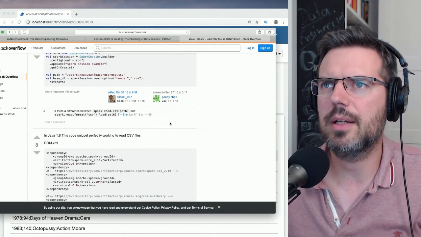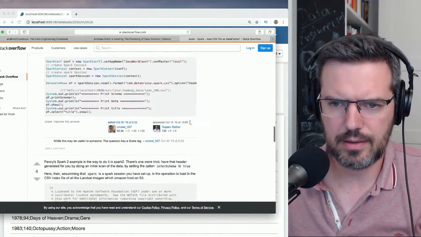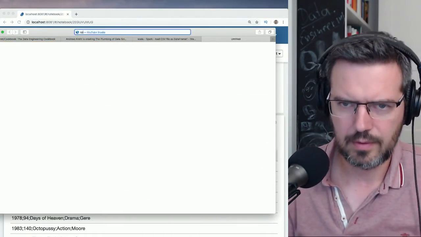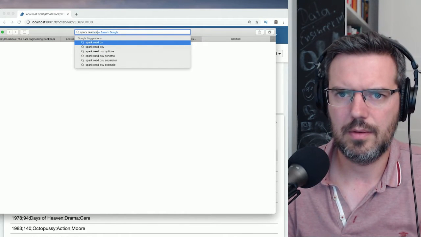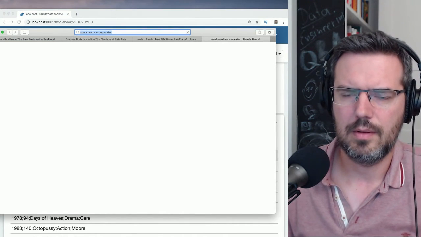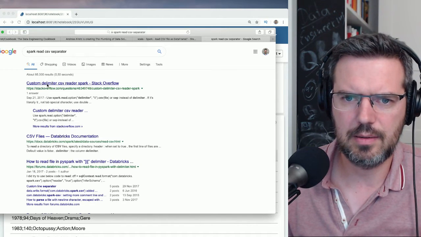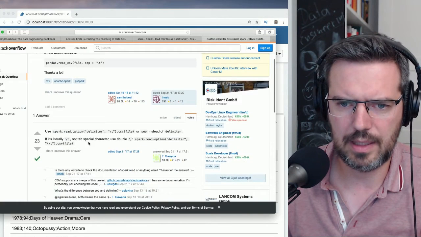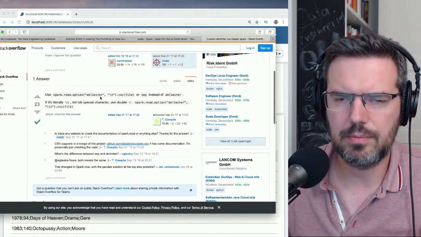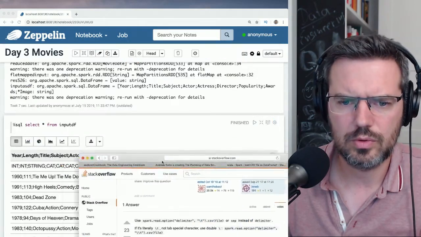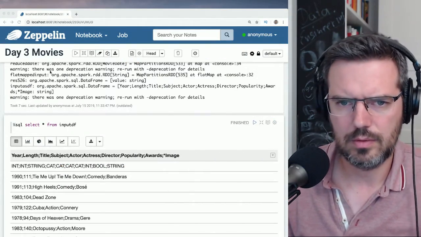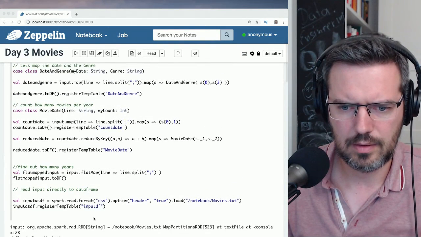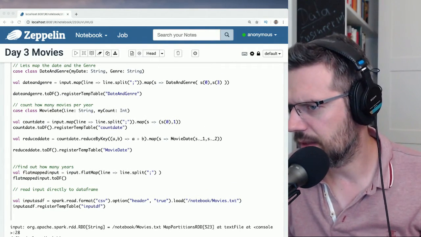Somebody, the separator. Has somebody a link how the separator is set? Set delimiter, custom delimiter. No, not pandas. Spark read option. Just quickly check it. Spark read format.